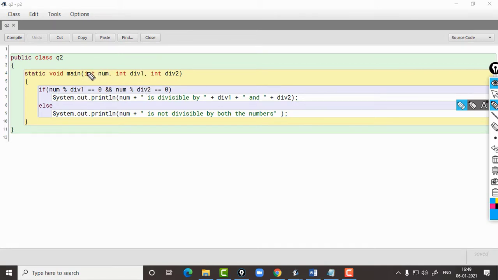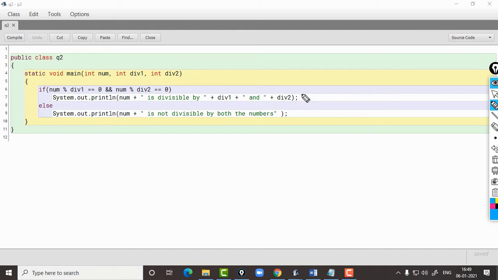Here I have the main function, it takes 3 parameters num, div1 and div2. In line number 6 I am checking whether num is divisible by div1 and num should also be divisible by div2.